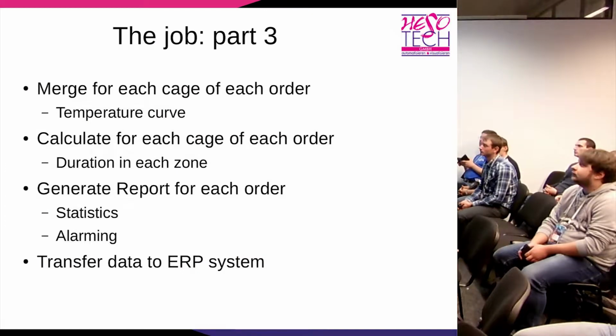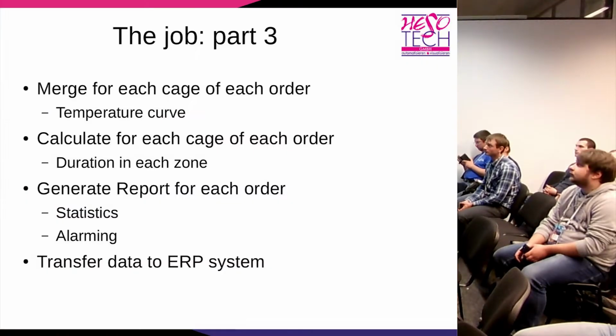The third thing is, you have to merge it together. You measure the temperature of the zone, but what you are really interested in is the temperature the cage saw. That is a difference. So you have to merge or fold it together. That is also done inside the database. Then you have to know how long a cage has been inside a zone. Otherwise, the cake will fall down. Problem. And for all this, you have to generate reports